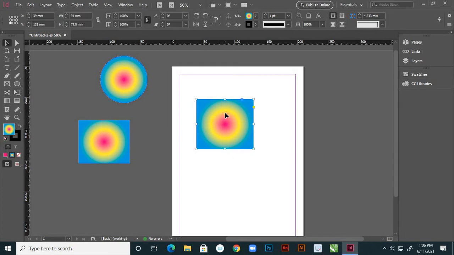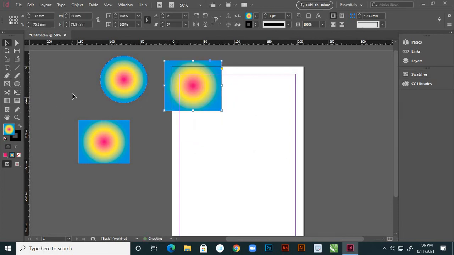And next, see here, this is the gradient feather tool. This is a new tool actually. This tool we know very well, and this is a gradient feather tool. With this tool, what we do, suppose here again I'm choosing this rectangle tool, and here I'm creating one circle here, right?